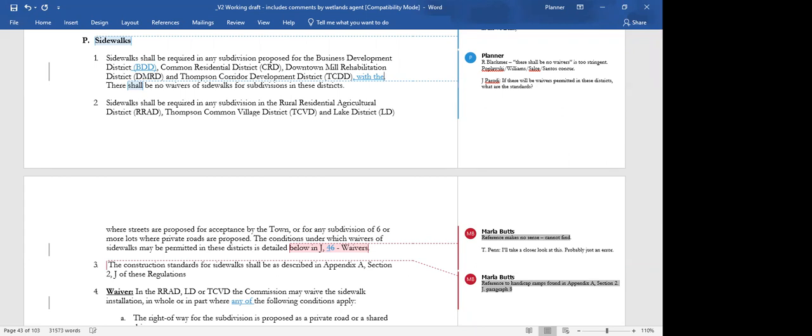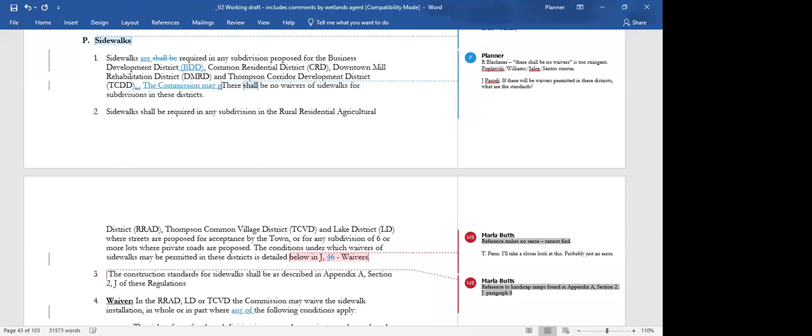Oh, certainly a lot more reason to require them in the districts in number 2 than my concern was the RR, and the common residential district. All right, so I'm not even sure if this is the correct construction, but for the moment, sidewalks are required in any subdivision proposed for the business, blah, blah. Actually, in number 2, rural residential agricultural districts should not be required. It can be suggested, but that's